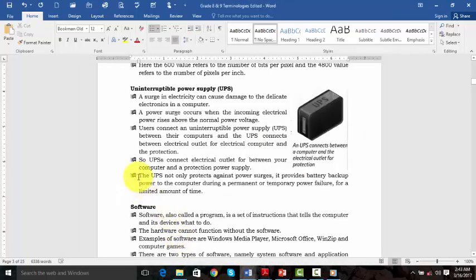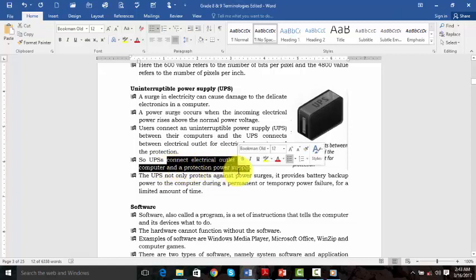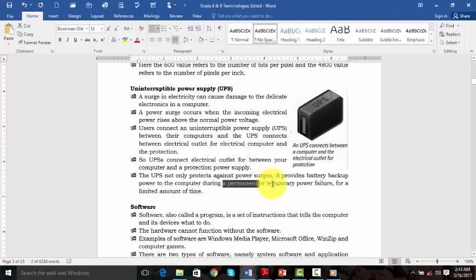The UPS, or uninterruptible power supply, connects between your computer and the electrical outlet. The UPS not only protects against power surge, it also provides battery backup power to the computer during a permanent or temporary power failure, for a limited amount of time.